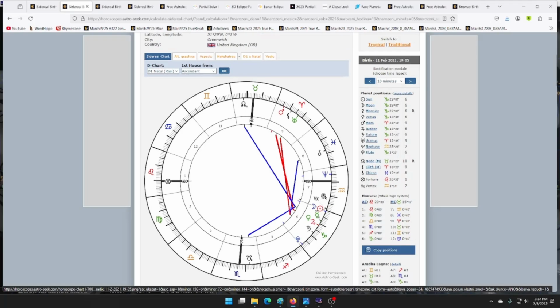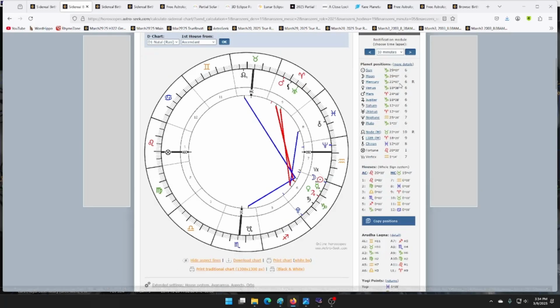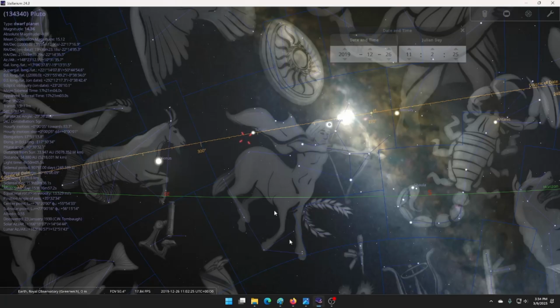I mean, for precision of mathematics on measurements from the Vedic chart. Mercury, Sun, and Moon. 1, 2, 3, 4, 5, 6, 7. Seven planets right here. Okay, so let's go to Stellarium. So this here is the beginning of the COVID, and on this date,